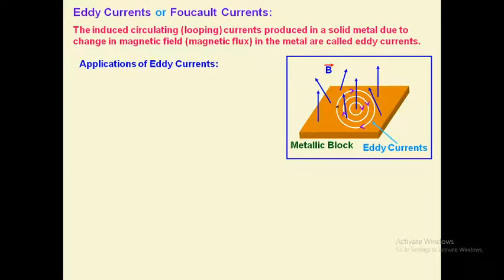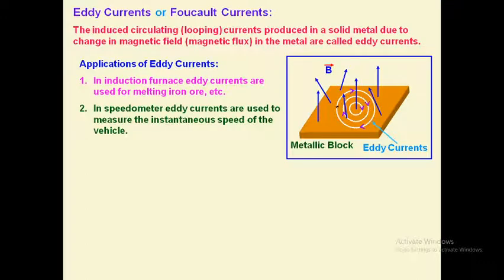There are some useful applications and undesirable effects of eddy currents. So first let us see the applications of eddy currents. These are used in melting iron ore, etc. in an induction furnace. Now you may be surprised how it can be used for melting. See, whenever there is a current, you know current produces heat. So what we do, we take a metallic block, we rotate it very fast in a magnetic field. Due to production of current, it gets heated and even it may melt as well.